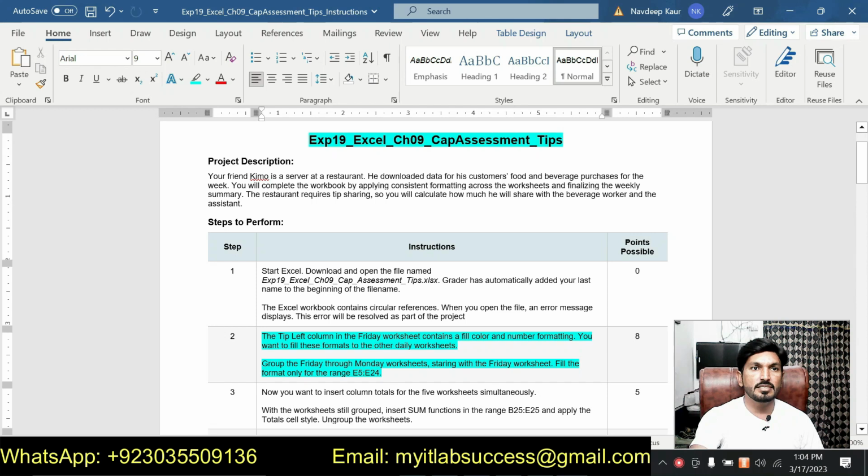In step number 2, it is saying to group the Friday through Monday worksheets. Starting with the Friday worksheet, fill the format only for the range E5 up to E24. So basically we are supposed to group the Friday through Monday worksheets. So we will go to our